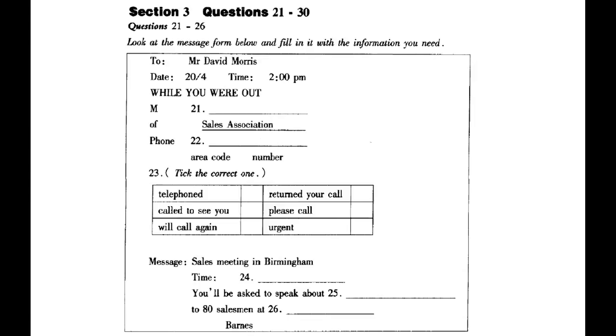Bill Smith? That's right. Bill told me that they are planning to have a sales meeting in Birmingham on the 12th, 13th and 14th of May. Yes, I have that. Birmingham, May the 12th, 13th and 14th. Right, and tell him that Bill said that they would like to have Mr. Morris speak to the group on the morning of the 12th. They want Mr. Morris to speak to the group? Yes, at 9 o'clock on the morning of the 12th. There will be about 80 people in the group. I see. Mr. Morris will be speaking to a group of about 80 people. Yes, about 80 salesmen from all over the country, and they'd like him to describe the new marketing plans.